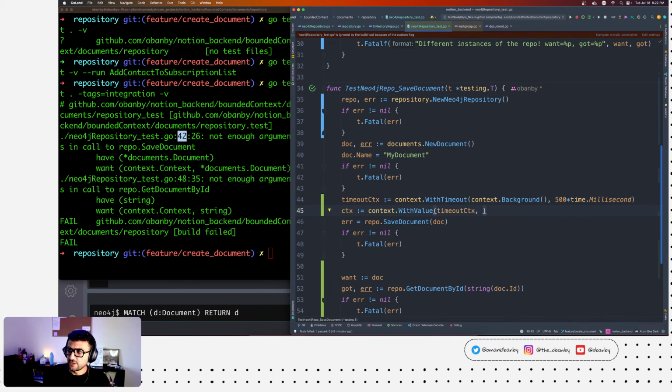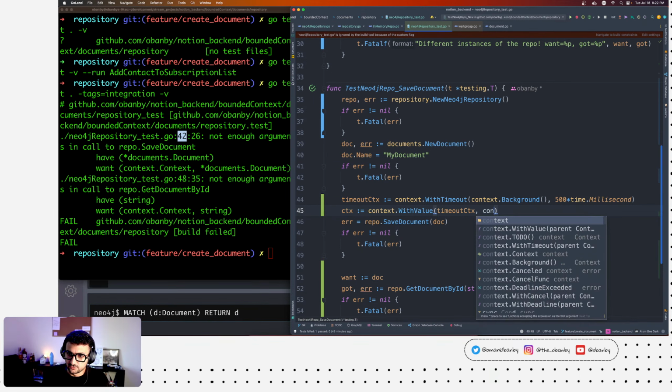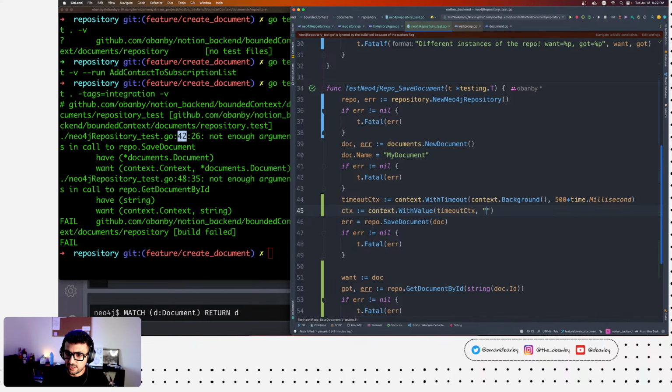So that's kind of called context stacking, right? Here you're stacking a context and you're adding and extending more functionality to it. Here I'm gonna add the user ID and I'm gonna call it omembe.